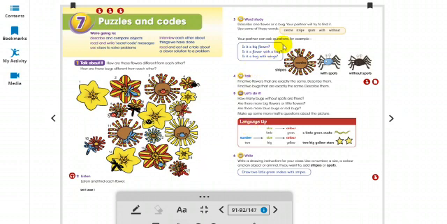Now, let us look at the next page, that is page number 92. Word study. Describe one flower or a bug. Your partner will try to find it. Use some of these words: center, strip, spots, with, without. Okay, so over here,